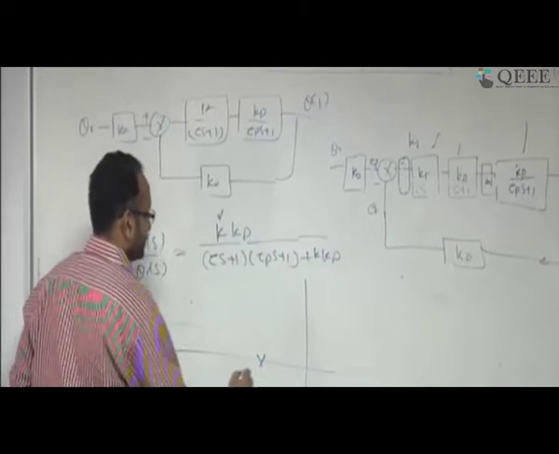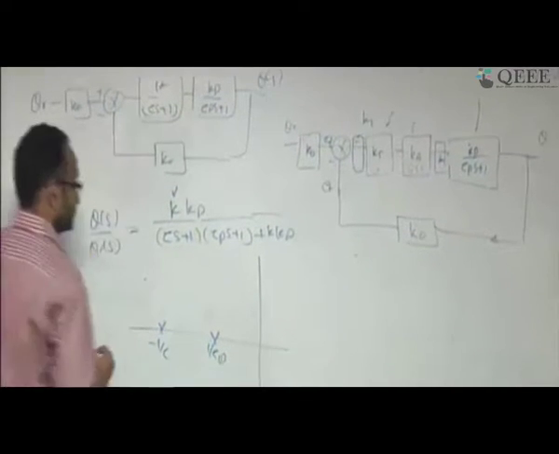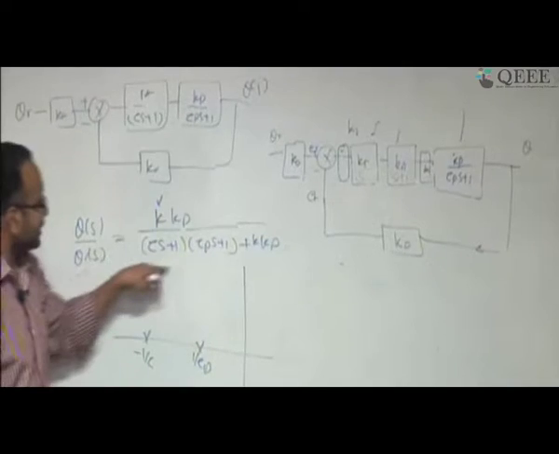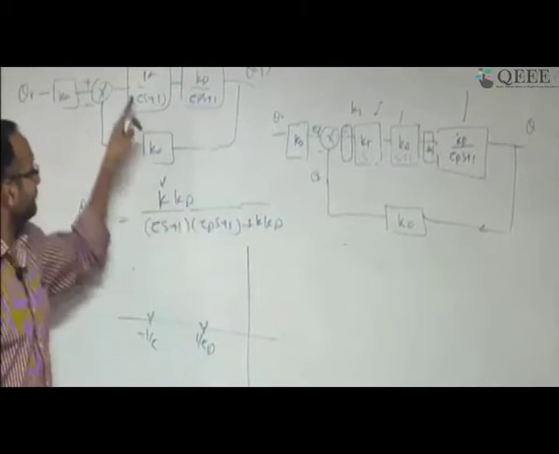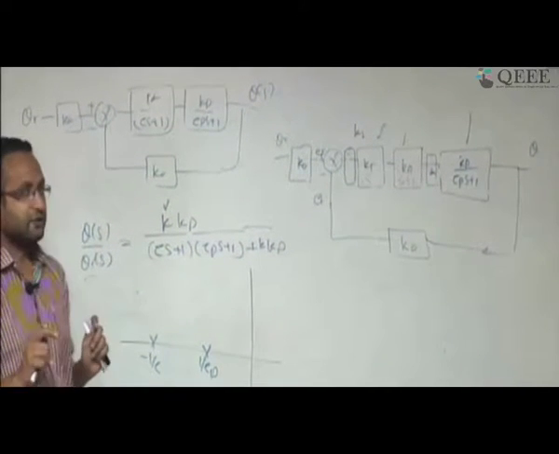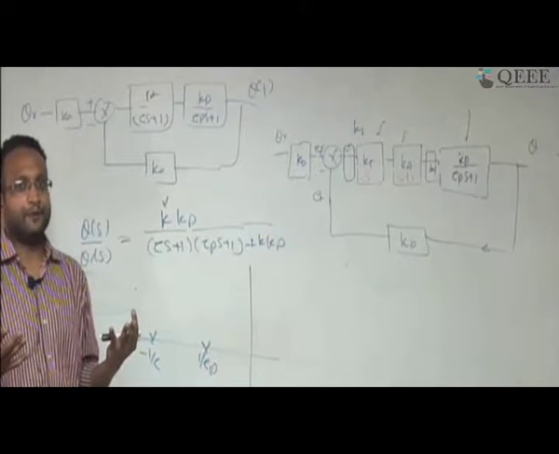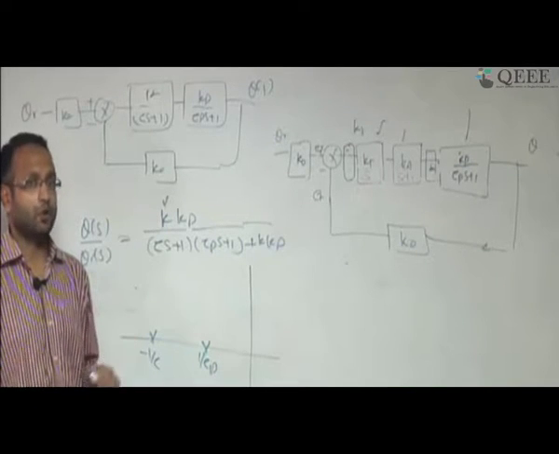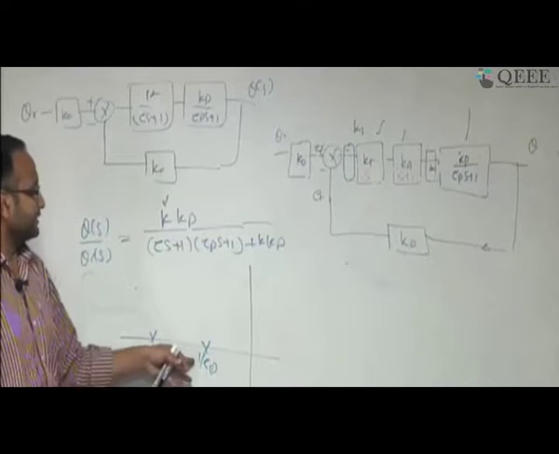you work it out, there is one parameter k that is varying. There are two poles, 1 by tau p. I want to see how the roots of this characteristic equation are behaving if I am varying this k. That's my interest. And this we call the asymptotic behavior of the pole, the way the pole is moving. Asymptotic behavior means the way the pole is moving by varying the k value, also called root locus.